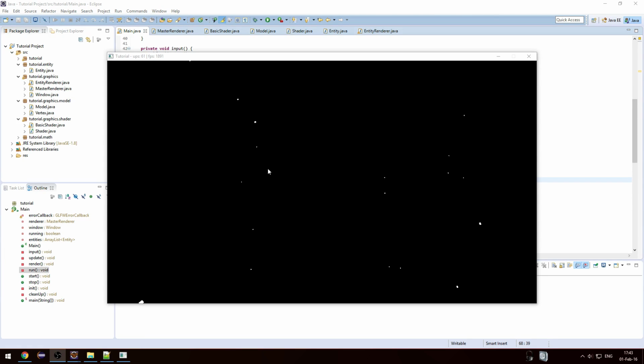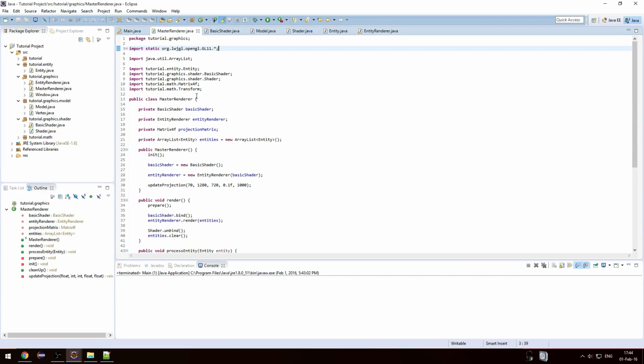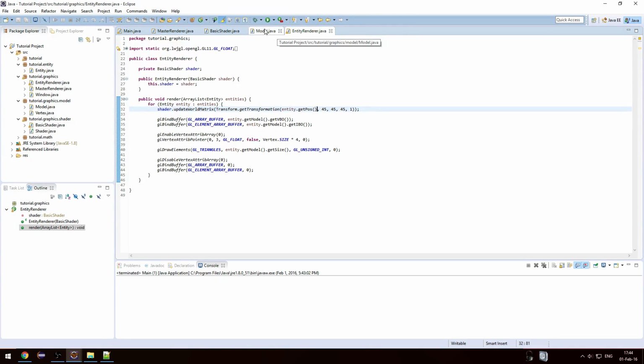Currently our entities can only be white cubes, but we don't care. So go over here. We'll start off in our master renderer class. One thing we can do, I'll show you over here, is